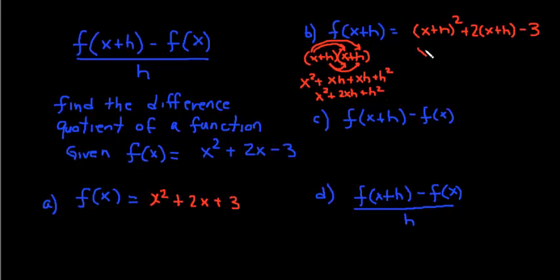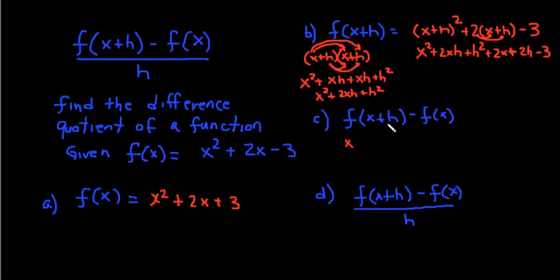So we have x squared plus 2xh plus h squared, and then we're going to distribute this. This will be plus 2x, sorry, 2x plus 2h minus 3. You see that? Okay, so that's what f of x plus h equals. So we write this down,